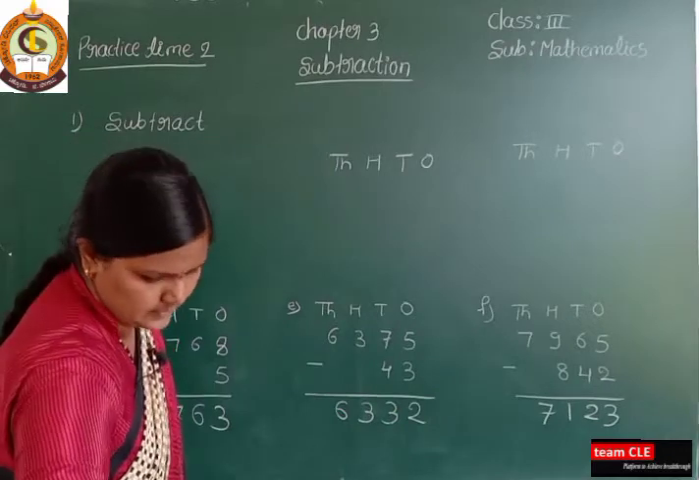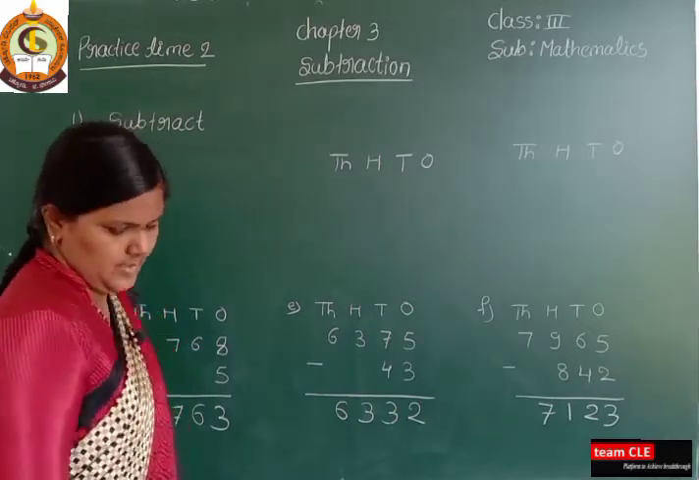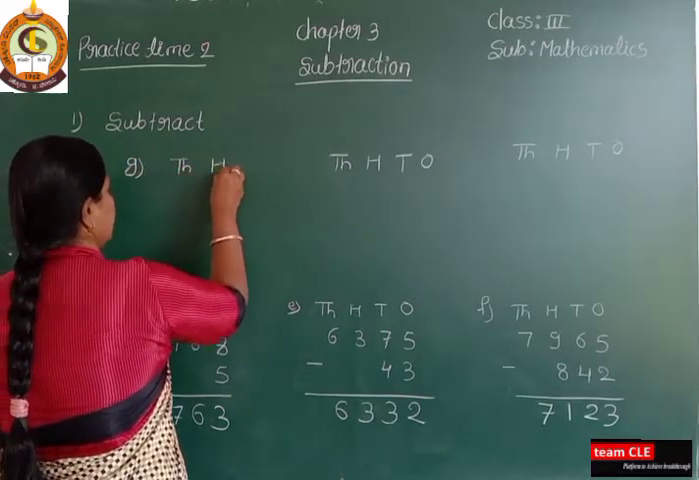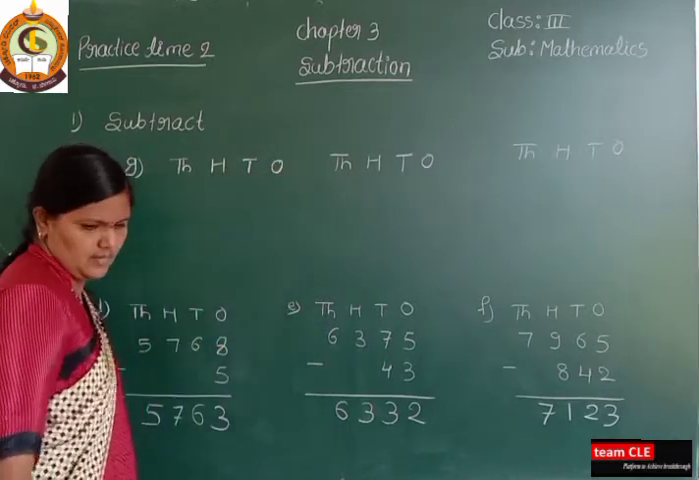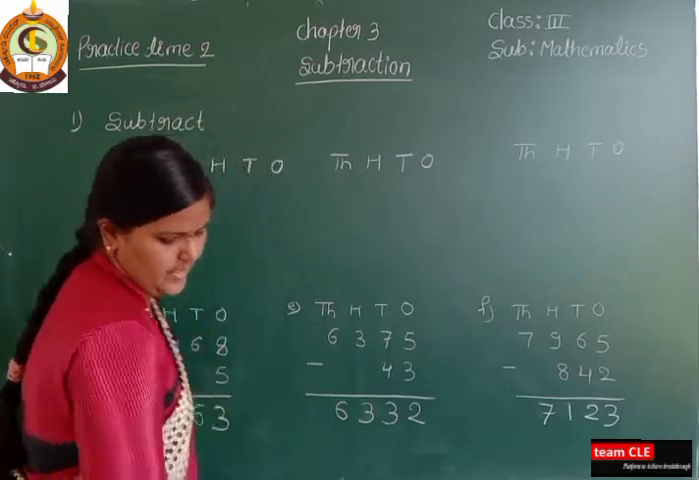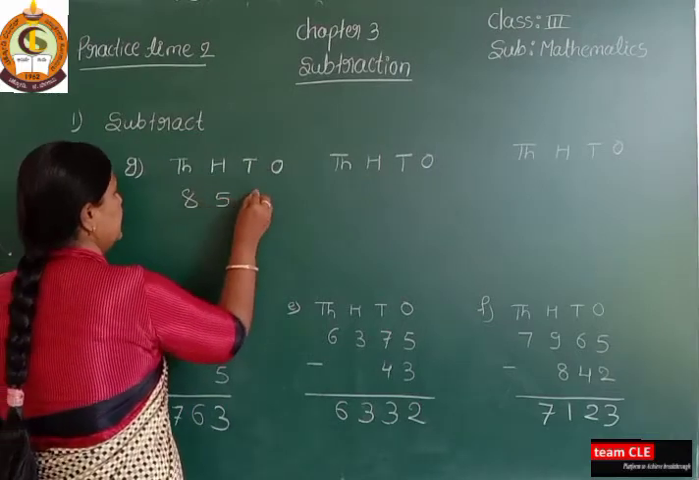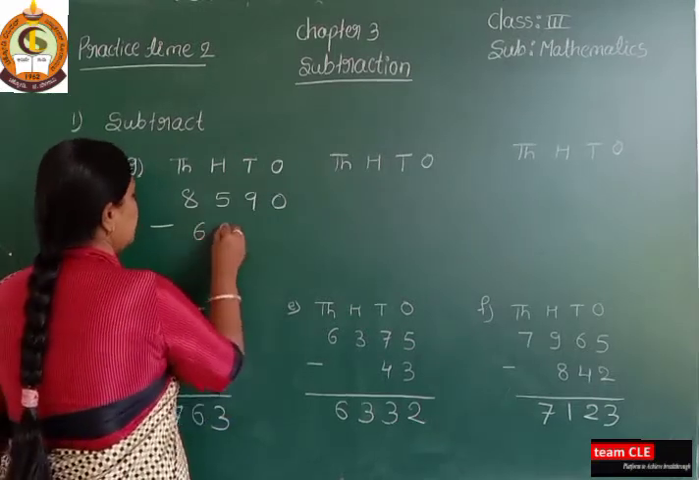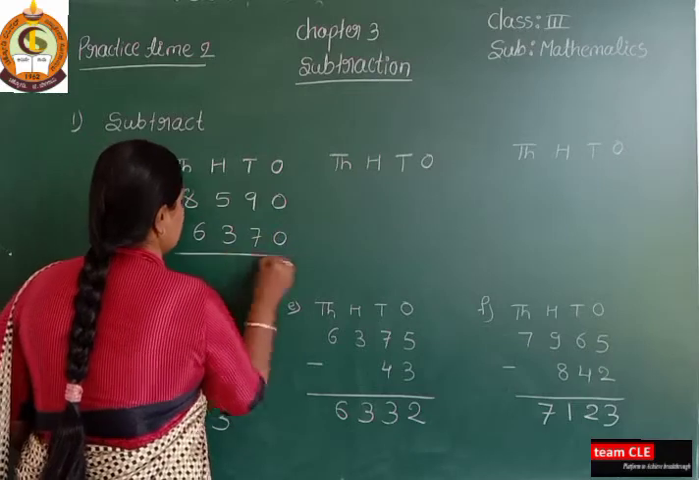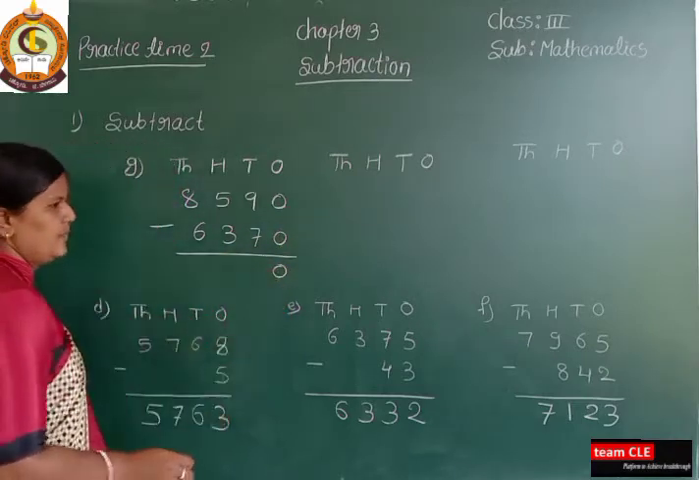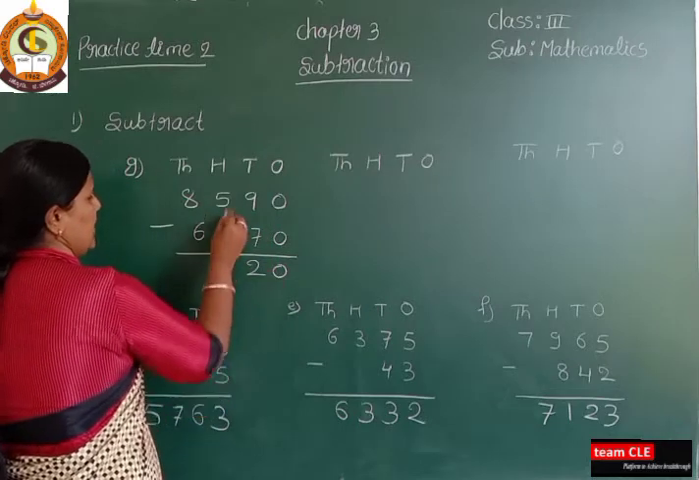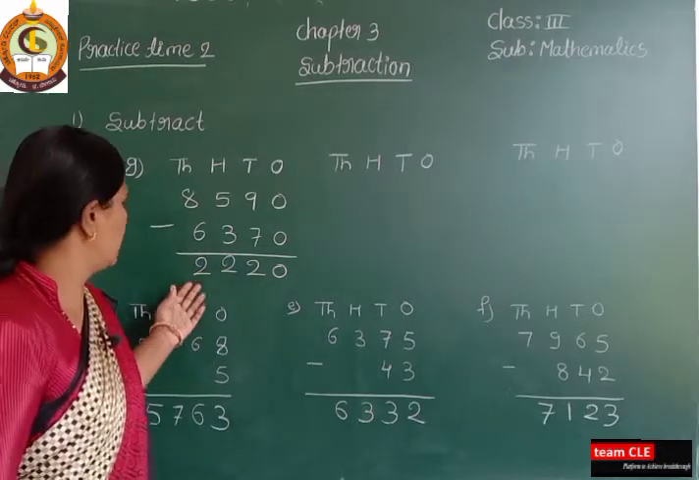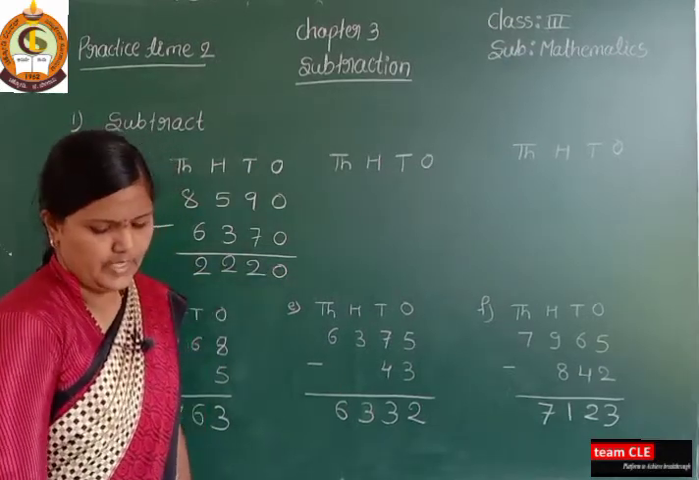G1 problem. Thousands, hundreds, tens, ones. That is the G1 problem, 8590 minus 6370. Yes, 0 minus 0 is 0. 9 minus 7 is 2. 5 minus 3 is 2. 8 minus 6 is 2. So the answer is 2220. Yes. Next,